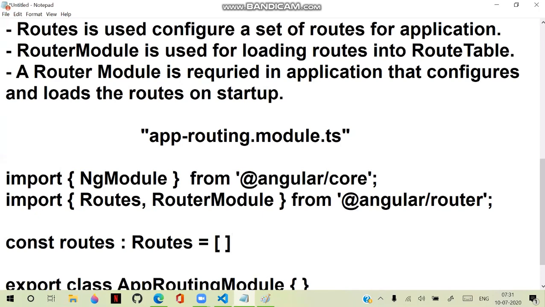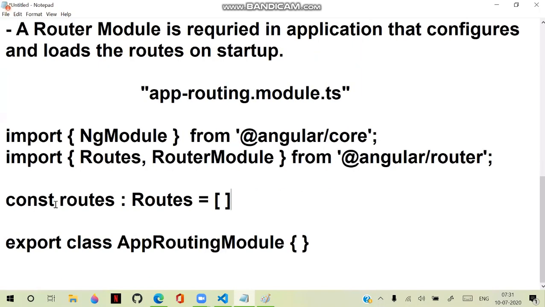Now the point is, why are you defining routes as constants? Because they must be initialized. Initialization is mandatory, and a constant means a collection of initializations. That means every route must be initialized so that it should be loaded into the route table, and they are ready to serve the application. In that case, routes must be a collection of constants, because constants will not allow